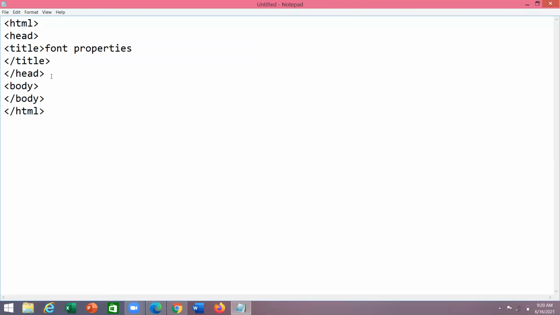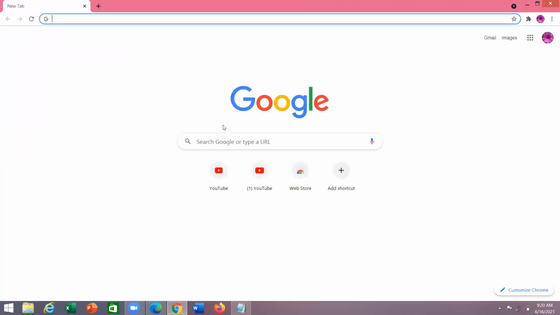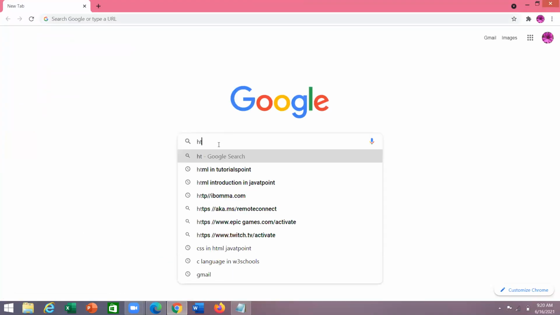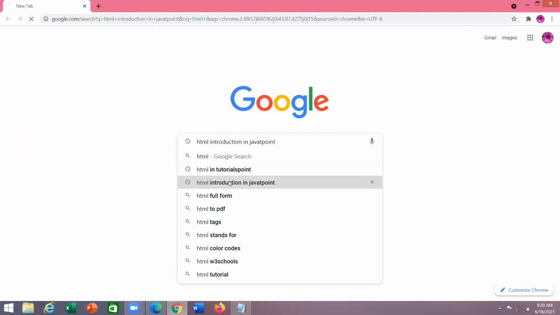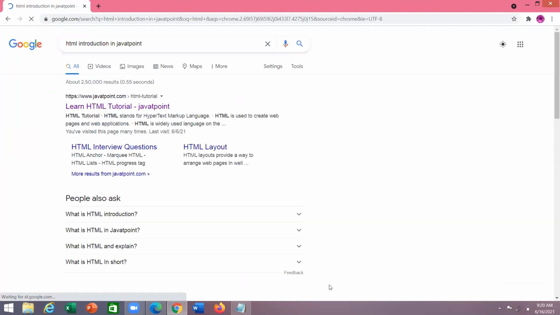In this we need to mention some text. So here I'm taking the paragraph, and I'm closing the paragraph. I'm taking the HTML introduction as my paragraph.